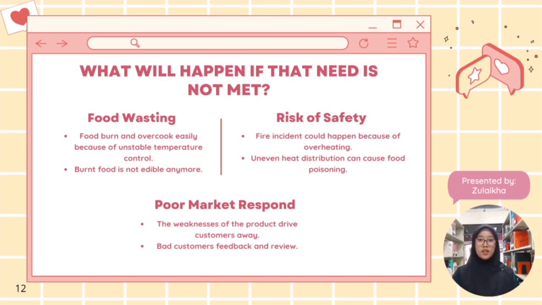First is food wasting. When the pan doesn't control temperature well, food can burn or overcook easily. This makes the food inedible and leads to food waste. Second, risk of safety for users. Overheating may cause fire accidents in our kitchen while cooking. Also, if heat is not distributed evenly, some parts of the food may be undercooked, which can lead to food